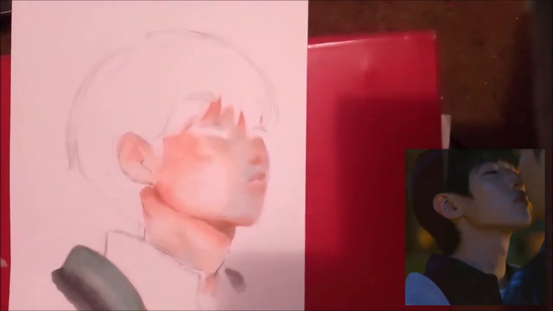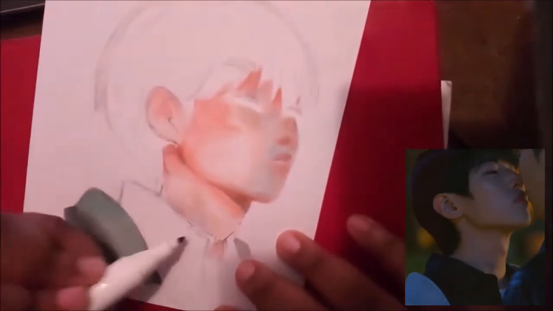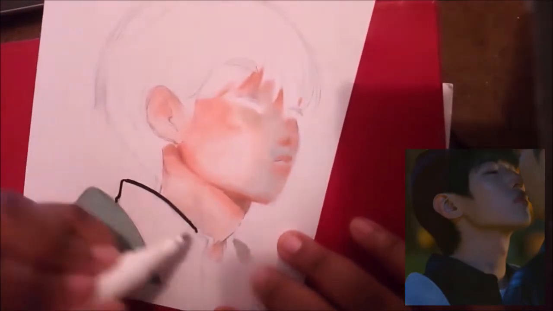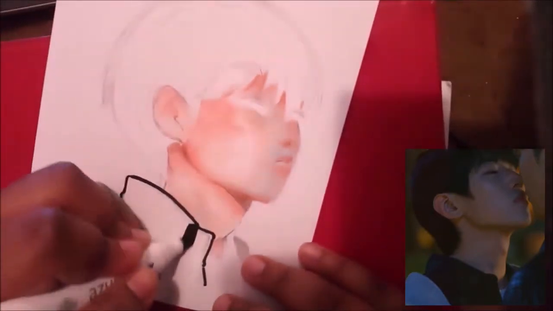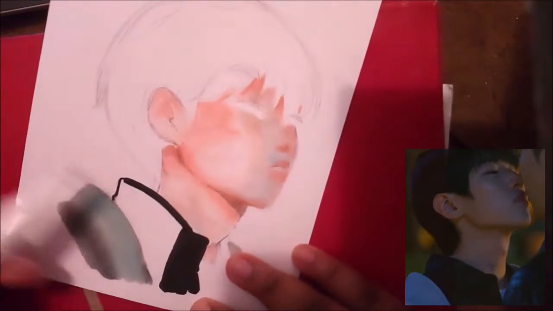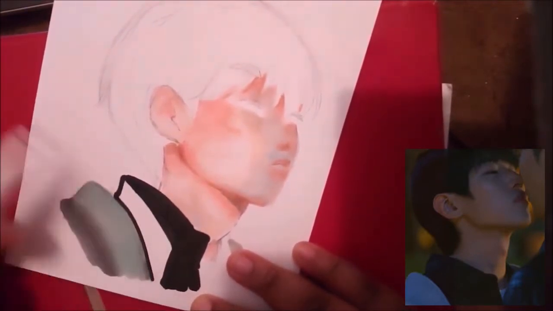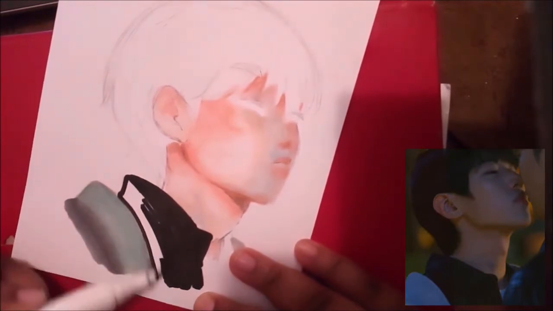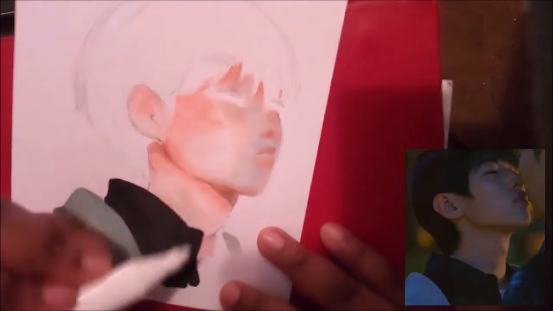Instead of obsessing over what I don't like, let me just fill in the parts which I want to like. So I actually went in, did all my flat colors like I normally do with the clothes, which give me that oomph, that power which I need. And I think once I added the black on his clothes, I was like, bruh, this is even worse. But you know, we're gonna get there, guys. We're gonna get there. Because as an artist, we should never give up on ourselves.